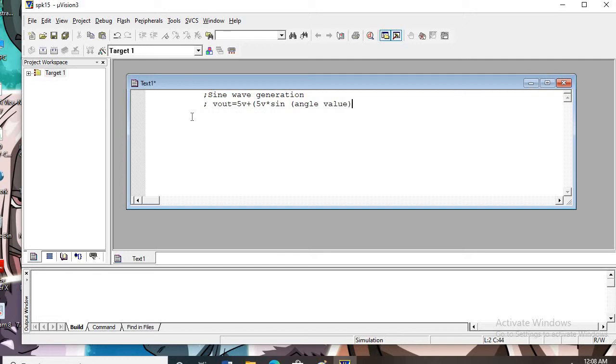Okay, now I will demonstrate one. First of all, V out is equal to 5 volt plus, into bracket 5 volt into sine 30 degree.